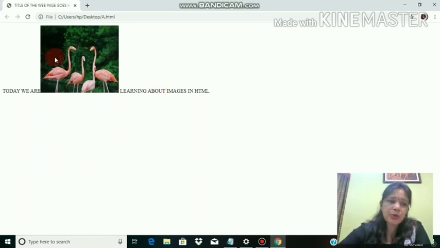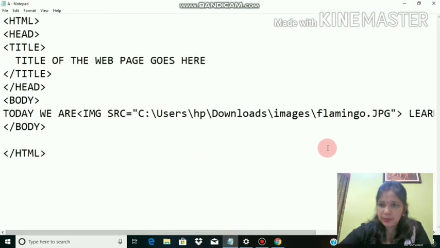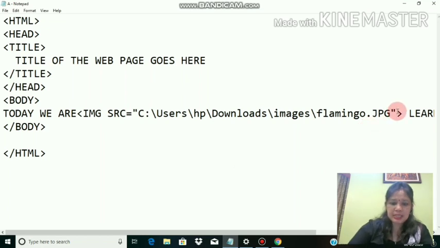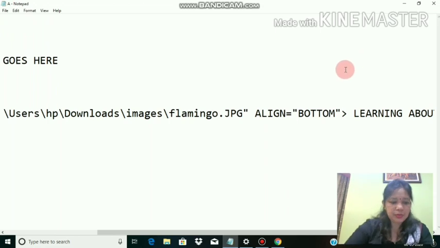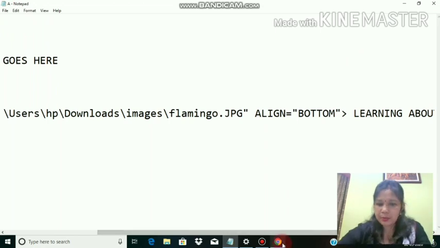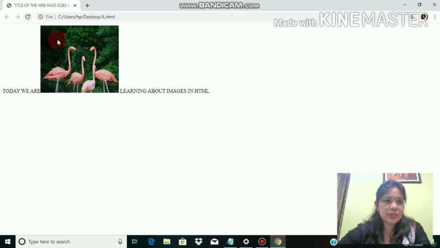image. Now if you want to align it vertically, towards the top or bottom, for that, just go to your document. There, after this src, give one space and use the attribute align. Align equals to, I'm giving here bottom. Now save, Control S, open your web page, refresh it.